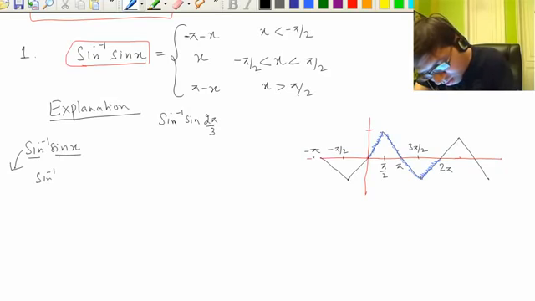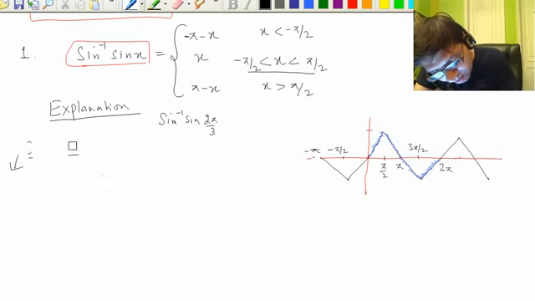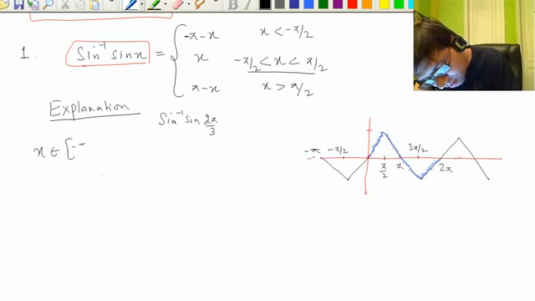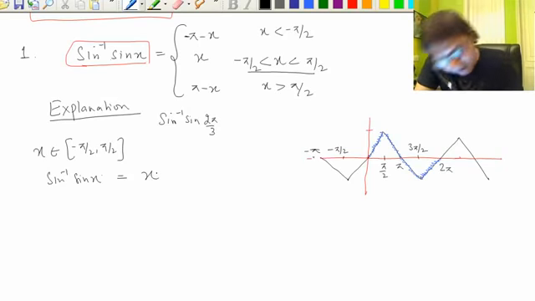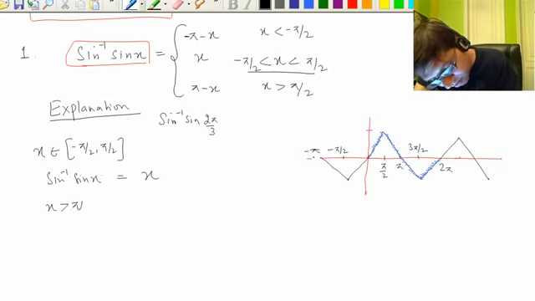If I take x between minus pi by 2 and pi by 2, the value of sine x is between minus 1 and 1. And if it is between minus 1 and 1 and you take sine inverse of it, you get again an angle between minus pi by 2 and pi by 2. So let's start again. If x belongs to minus pi by 2 to pi by 2, which is the principal value branch of sine inverse x, we can, without any problem, cancel sine inverse with sine, and we can say it is equal to x.